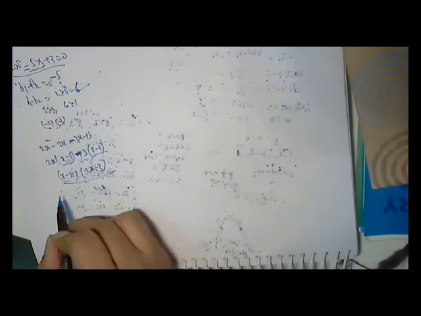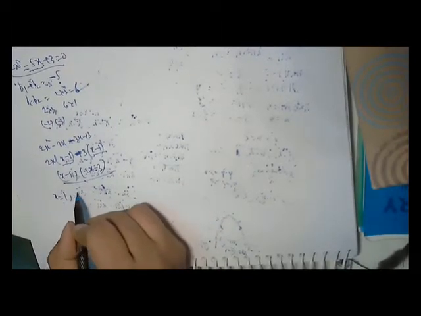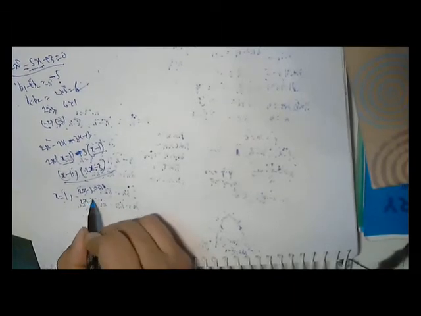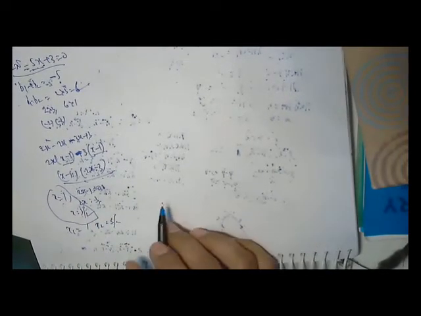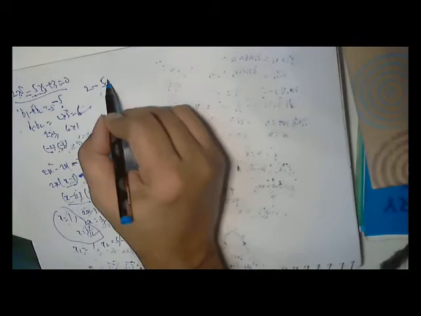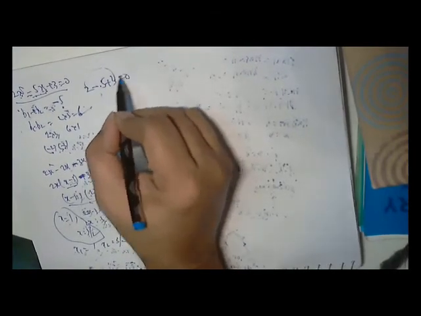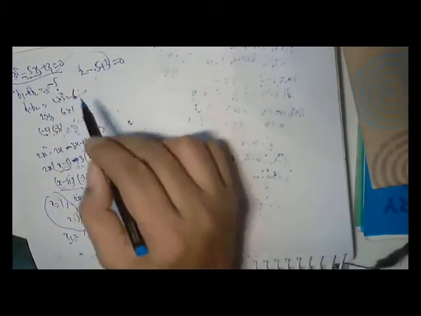Then what are the roots of this equation? x is equal to 1, or 2x minus 3 is equal to 0, 2x is equal to 3 and x is equal to 3 by 2. So these are the two roots: x1 is 1, x2 is 3 by 2. Let us put 1 here. 2 into 1 square, 2, minus 5 into 1, minus 5, plus 3. 2 plus 3 is 5, minus 5 is 0. So this is a root of the equation. Similarly, 3 by 2 also is a root of this equation.